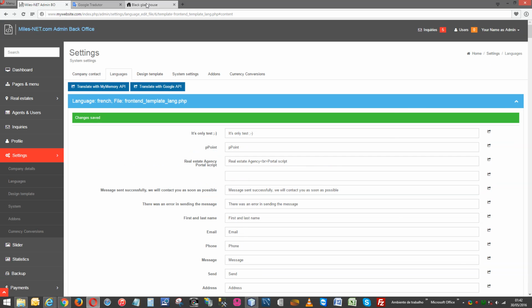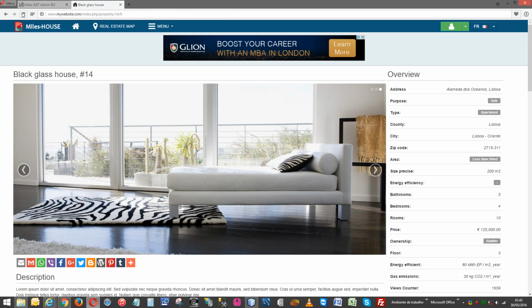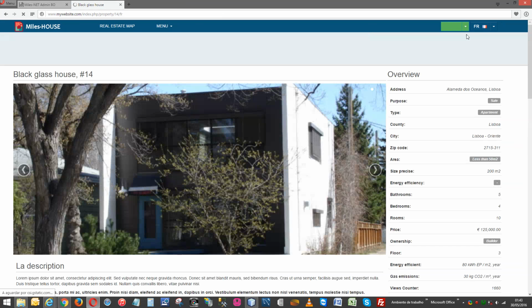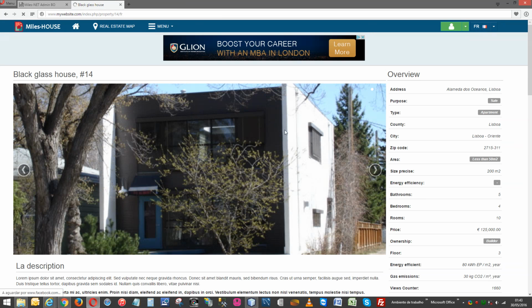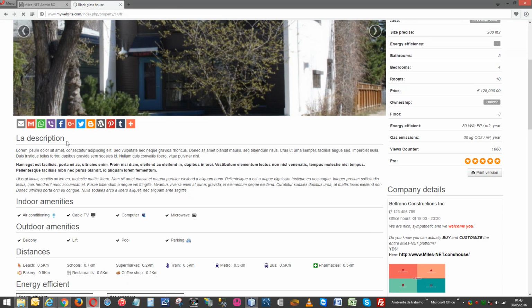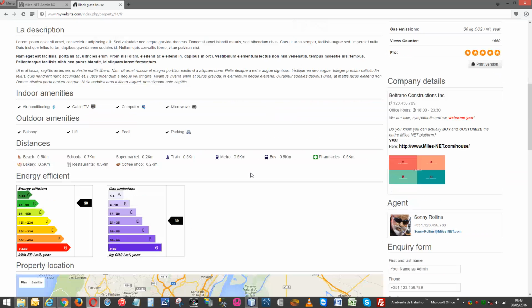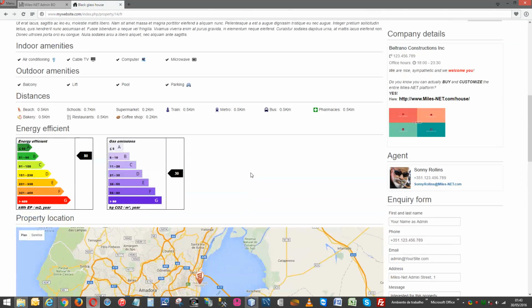If you go to the front office, you do refresh. You see French is still in the choose language. And if you go to description, there you are. You've got la description. And so all you have to do now is pick up